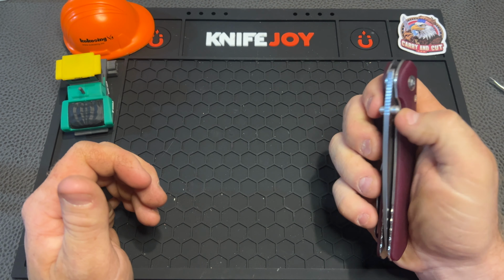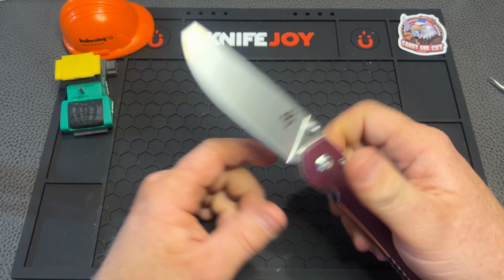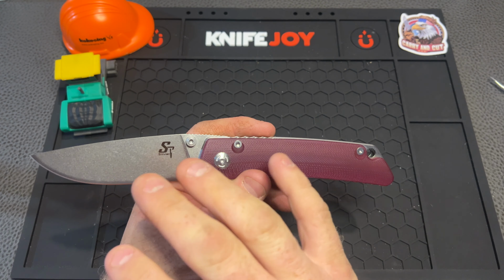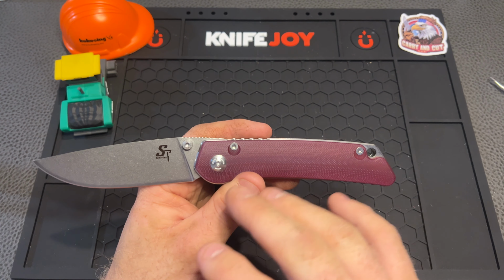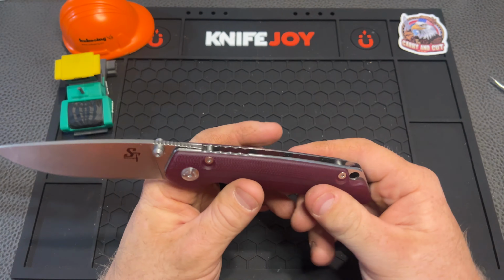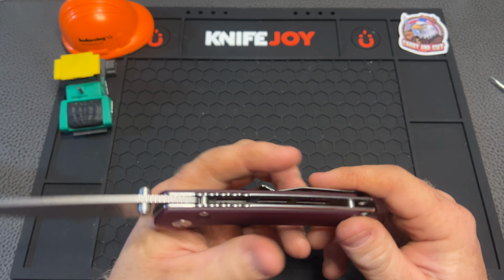And this thing has crazy good action for how much it is. I mean, for $24.99, it's kind of hard to beat what these Chinese manufacturers are putting out. And I've always been a pretty big fan of Sitivien knives. I think they're great for what you get. And we do have a nice lanyard attachment point there built right in, so we just got a hole going